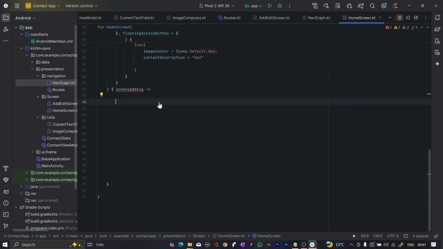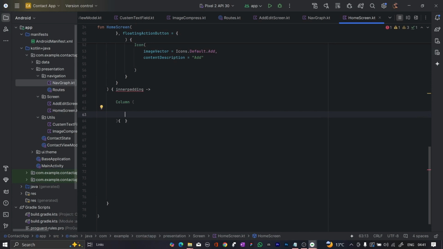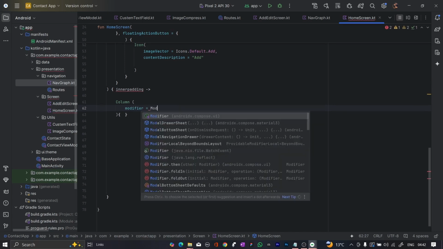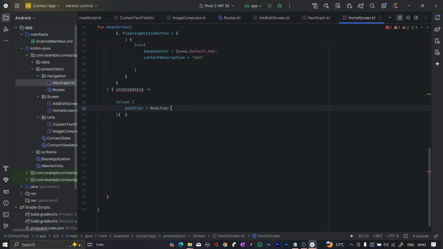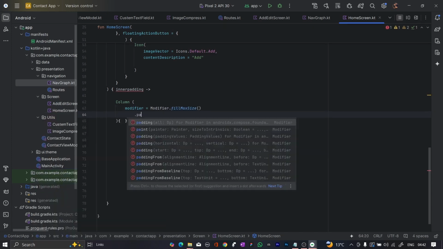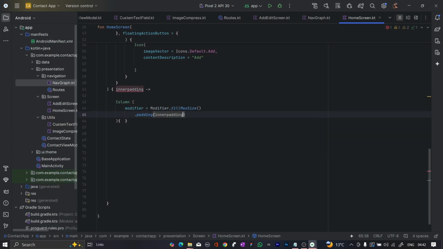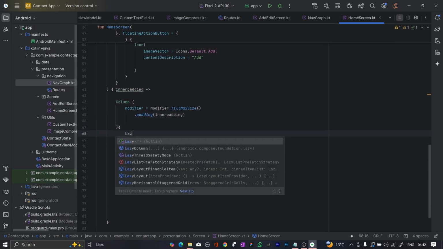And what we needed here, we needed the column, and we have taken the column, and then inside the column we needed the modifier is equals to modifier dot fill max size dot padding, and in dot padding we will give the inner padding. And then what is needed inside the column, that is lazy column,